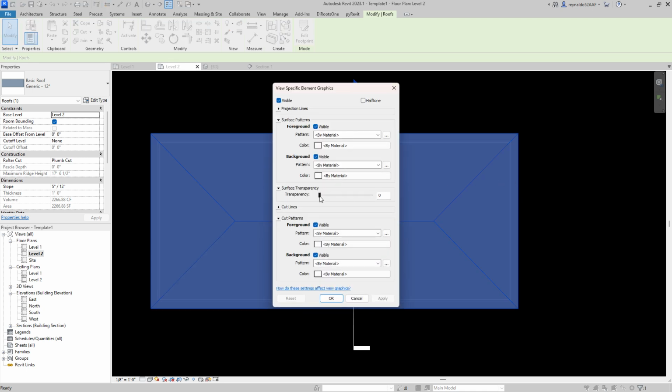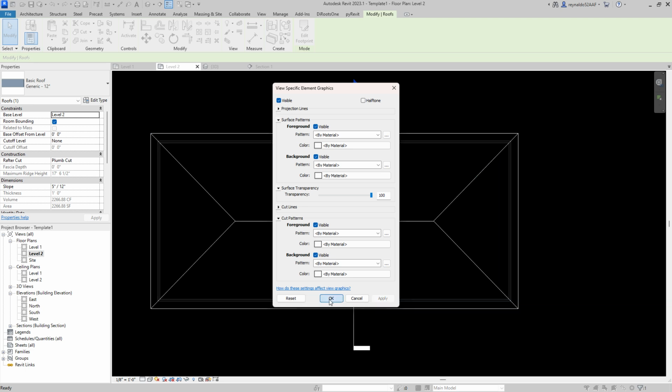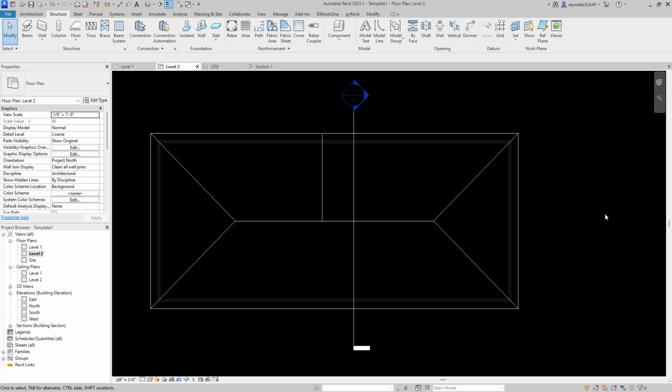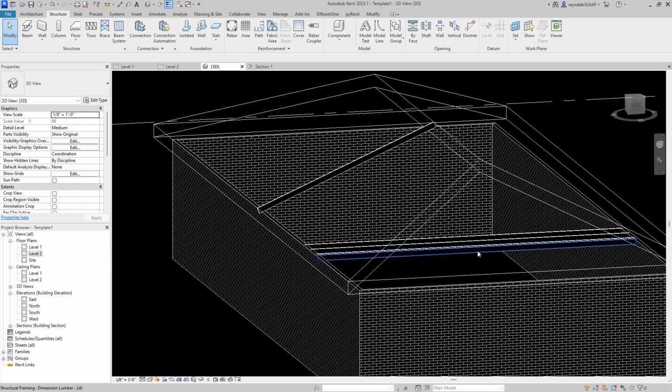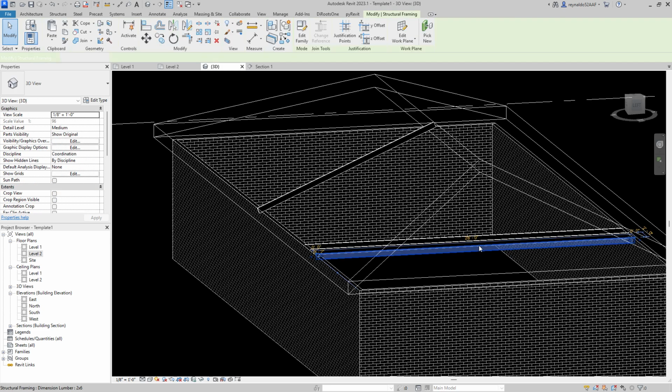You want to make that 100. Just make it 100. And once you do that, you click OK, and you're going to be able to see the roof rafter. So at this point, if I wanted to, I'll go back to my 3D. I'll delete these since they're not sloped,